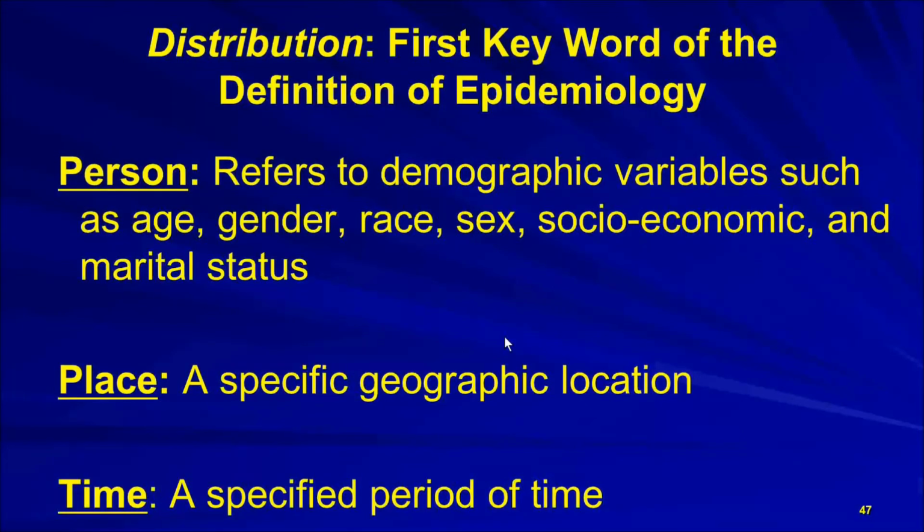Now, place means just what it is, a specific geographic location. And if you remember that map that we looked at, specific geographic locations across the United States where heart disease was highest amongst blacks,